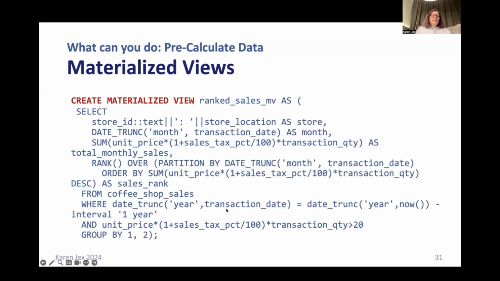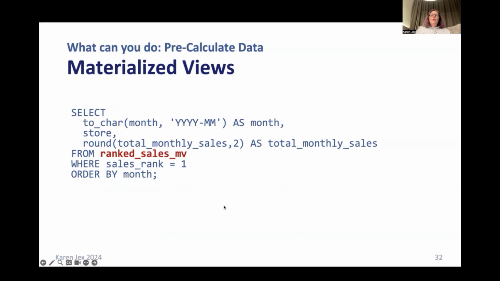So here I've created a materialized view on the ranked sales section of that original analytics query. And now wherever that block would have been used as part of a bigger query, so here, for example, in our original analytics query, you can now select from the materialized view instead, where the data's already been calculated, aggregated, and sorted. In this case, the analytics query completes in a couple of milliseconds instead of several seconds when it's selecting from the base tables.